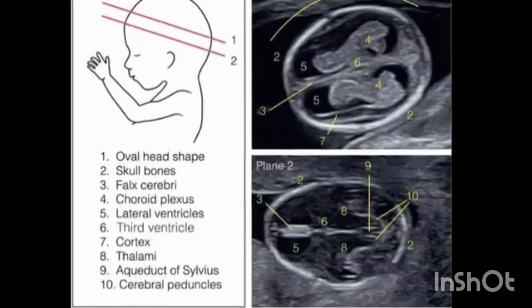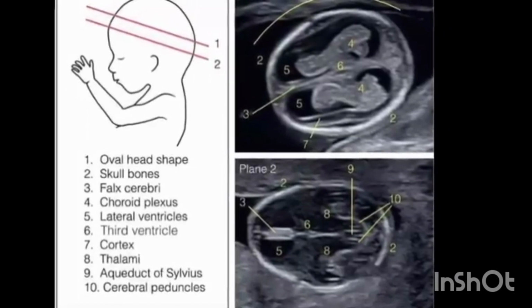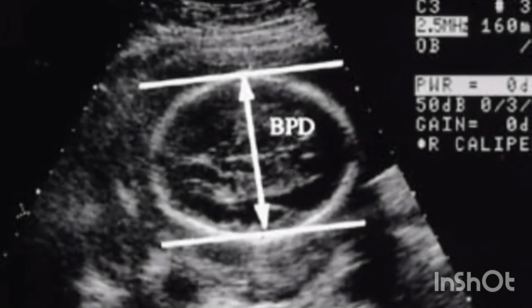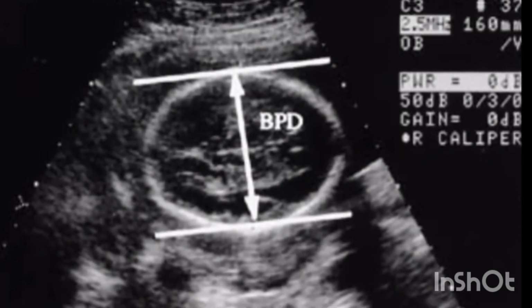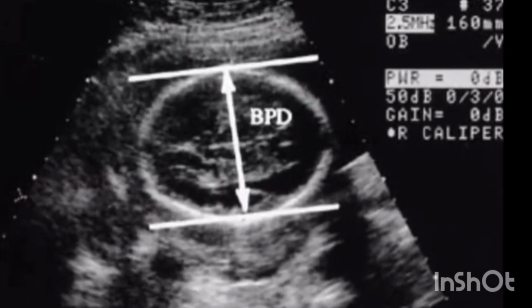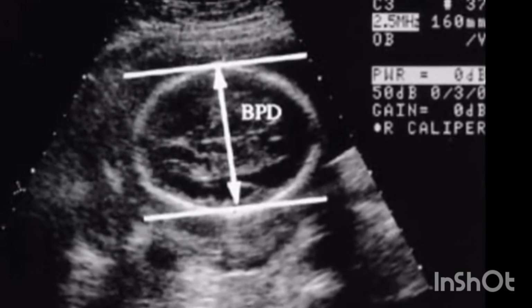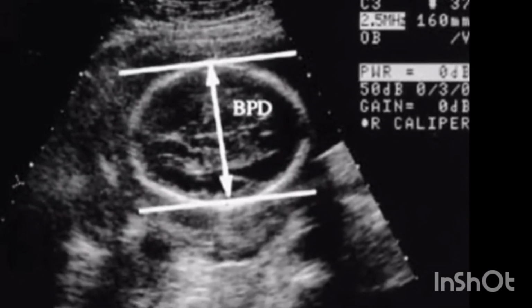Fetal head size has been one of the most useful and proven measurements to determine gestational age. The biparietal diameter is the most widely used measure, with greatest accuracy between 12 and 22 weeks, declining after this period because of a wider individual variation. The biparietal diameter demonstrates linear growth of 3 mm per week from weeks 14 to 28 and 2 mm per